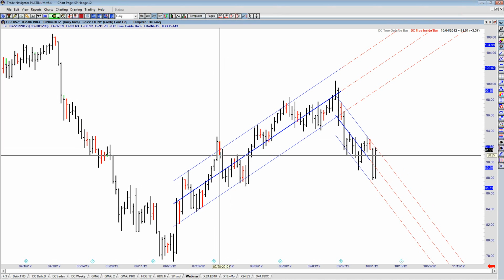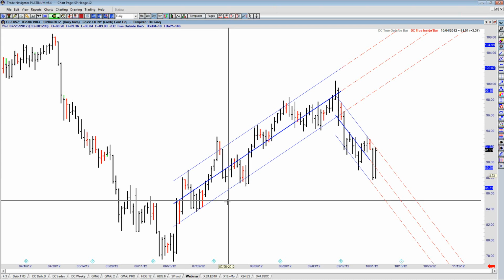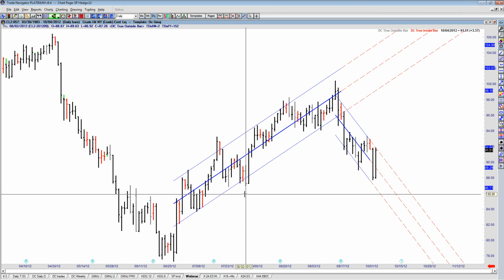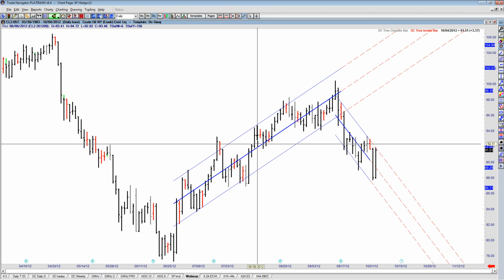There's a lot of material on how to enter after inside bars. Down it goes. Okay, we don't get anything down here. We haven't quite got down to our lower channel yet. Over here we do. We get a close outside the trading channel, and then that's oversold, so we can buy that high and we had a lovely run up all the way up to our upper channel, which is